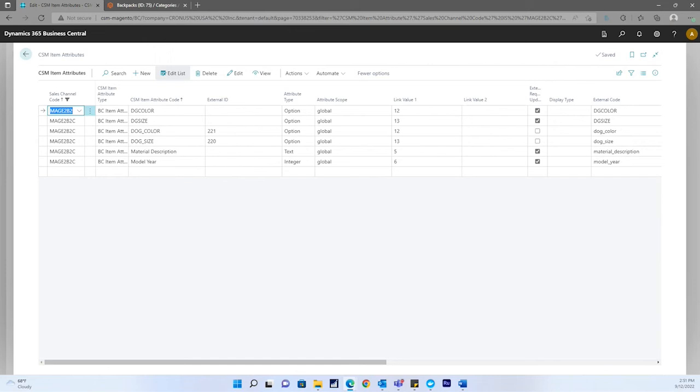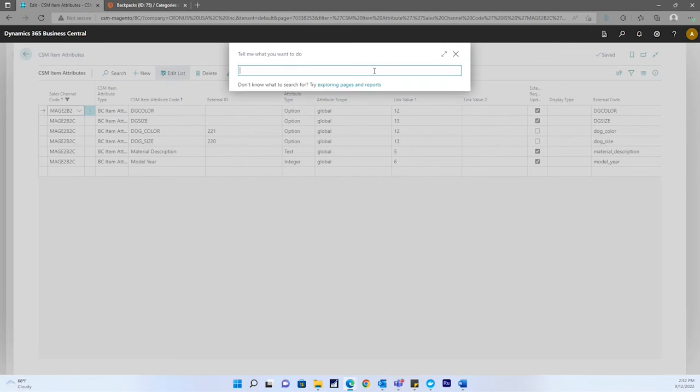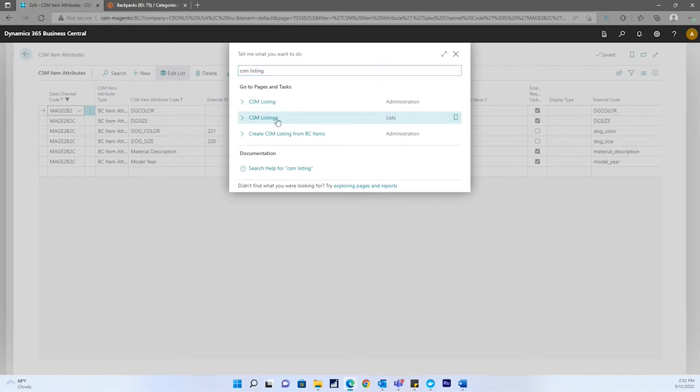Now we're going to cover configurable item attributes. In addition to creating the CSM listing records themselves, the listing wizard will automatically create CSM item attributes for the variable attributes that differentiate the children listings. The manner in which listing attributes are presented also differs between parent and children listings. On the CSM listing attribute list, which can be found within a CSM listing,